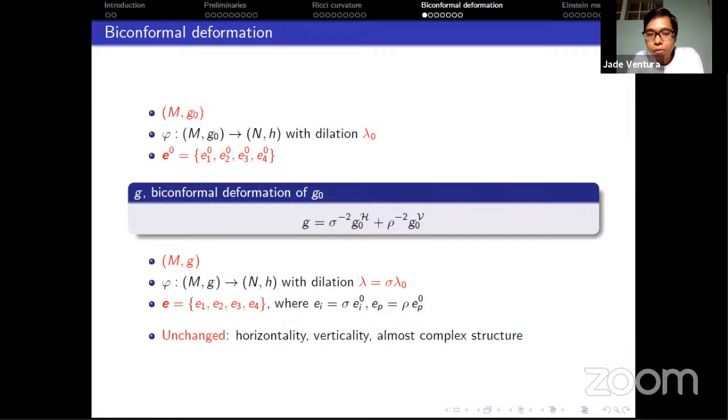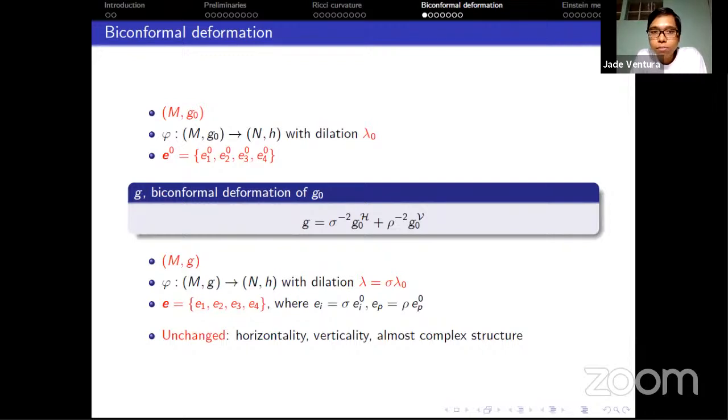Phi is still a semi-conformal submersion, but now it has a dilation of sigma lambda naught. And E naught is no longer an orthonormal frame field. Rather, E is an orthonormal frame field where the E_i's and the E_p's are defined as follows. So many functions are changed, many geometric quantities are changed. However, there are unchanged